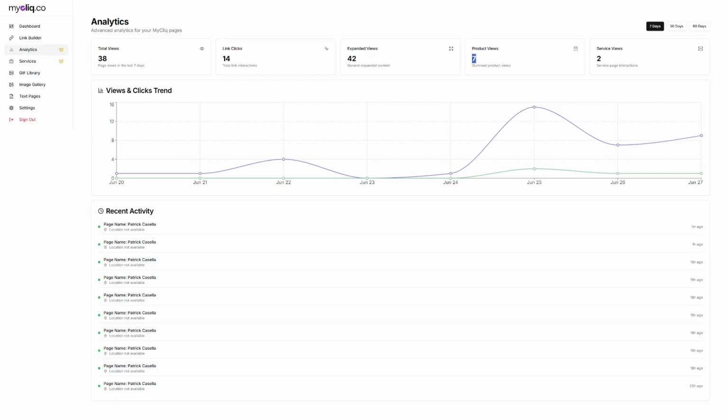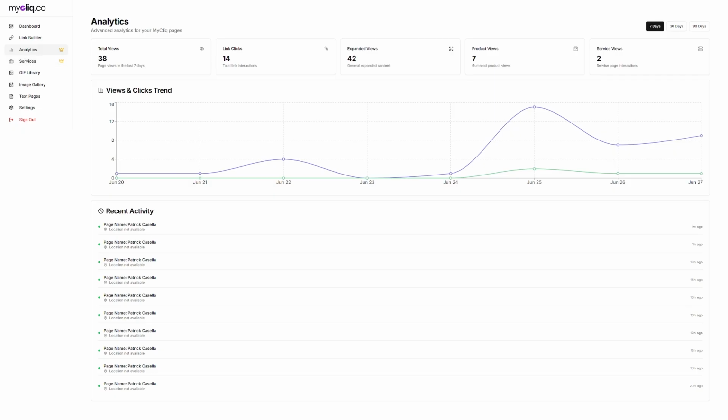Product views are going to be every time somebody has clicked on a page that displays your product. In this case, it'll be my digital products, which are my Gumroad product views. And then the service views will track how many times someone has viewed a service. So that could be an offer or some sort of coaching or one-on-one service that you create in the